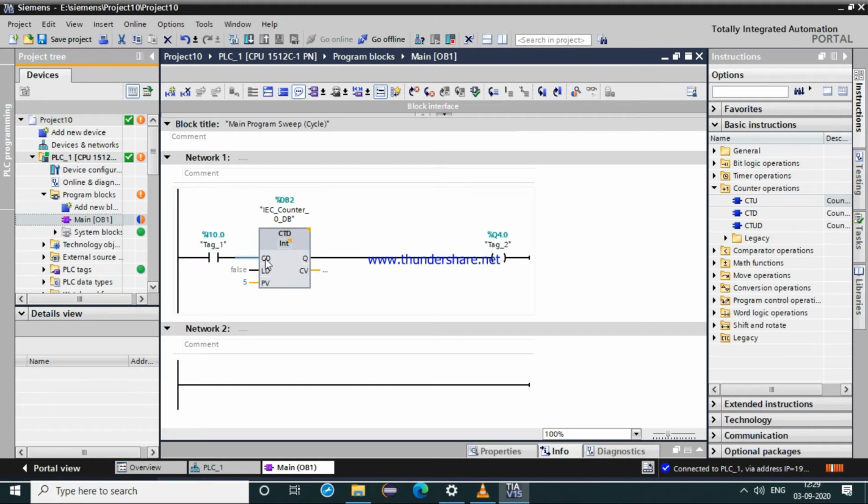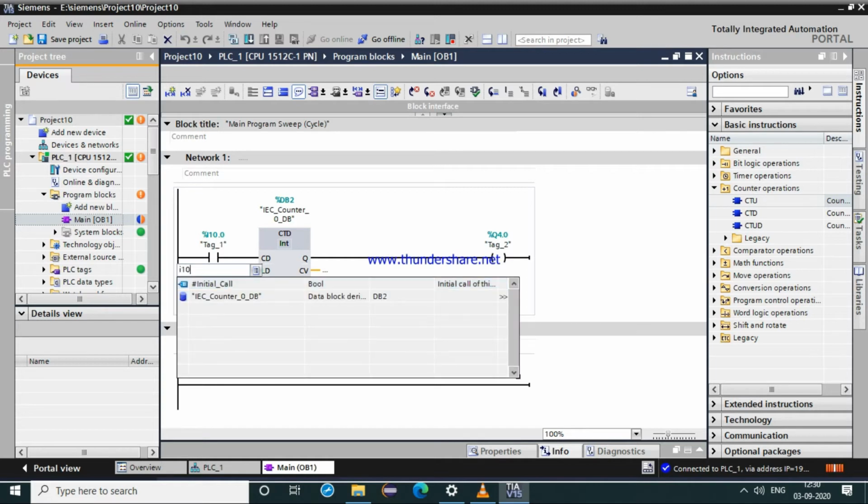The only difference between the up counter and down counter is that the down counter counts downwards and the up counter counts upwards. So the preset value is your 5. LD is again your reset. To reset the counter, I will be giving tag I 10.1.